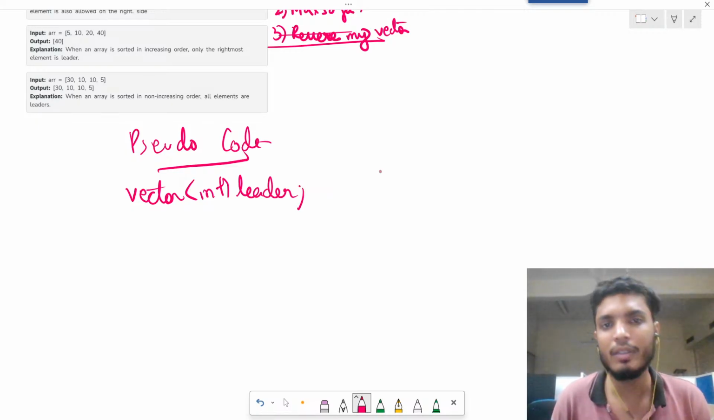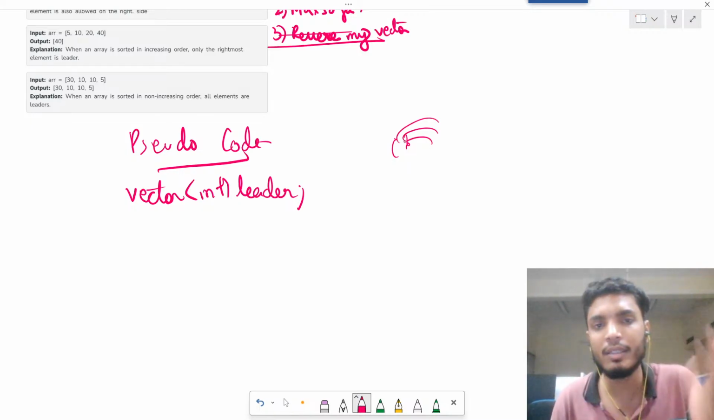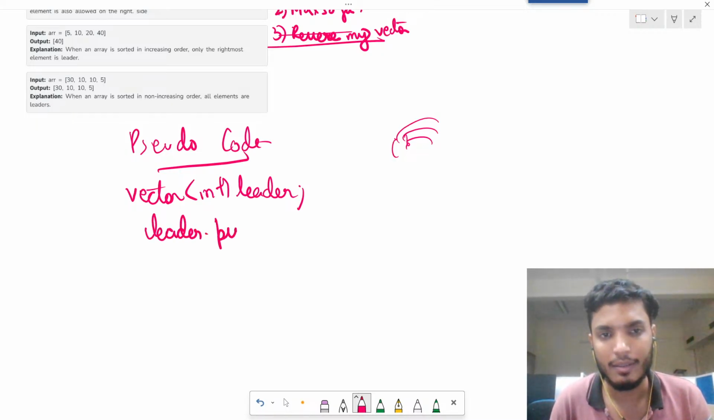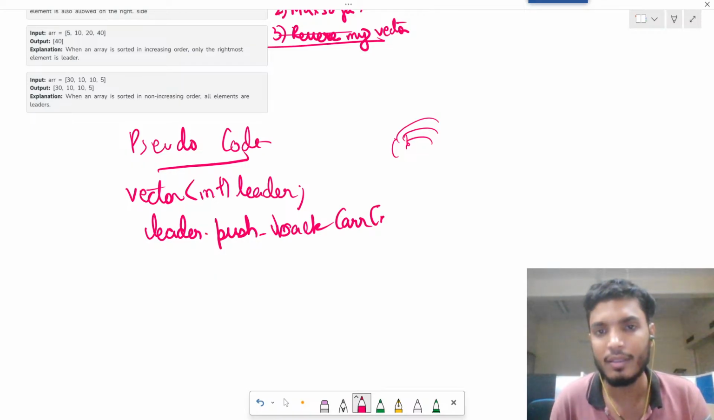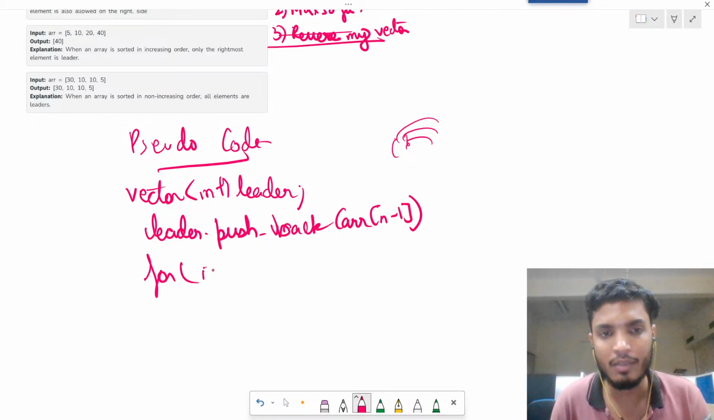So initially this is an empty vector, so you keep pushing into it repeatedly like this. I have not declared the size, I have declared an empty vector. So first, in the leader, leader dot push back. What will I be push backing? Push back ARR of n minus 1. The last element will always be the leader. Then you have to iterate from I equals n minus 2,